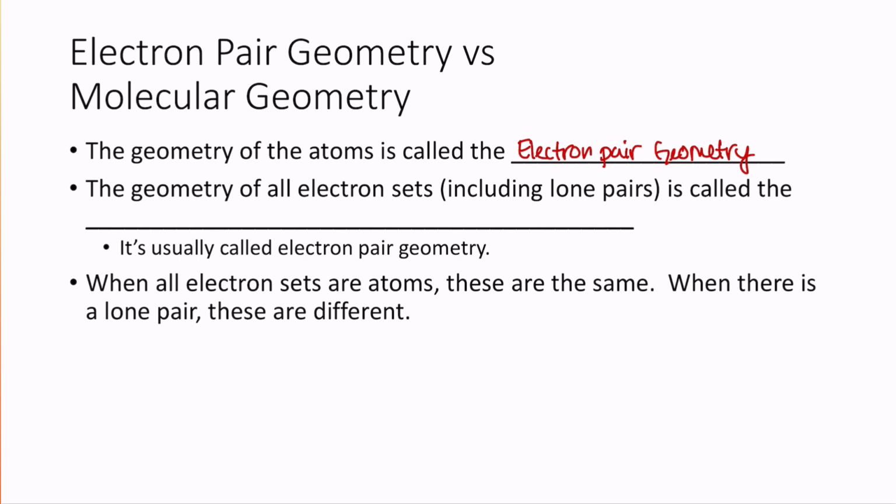Now, the geometry of all electron sets, including the lone pairs, is called the molecular geometry. The molecular geometry is usually